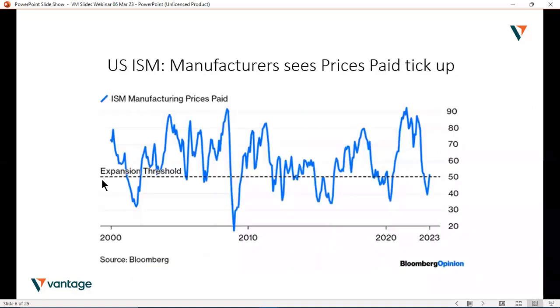Then we had the ISM, the US data, really important data of manufacturing. That rose to 47.7 in February. So it does remain in contractionary territory, but it did break an 8-month-long decline. But perhaps more interestingly, and not surprisingly, what most of the attention in the market was paid to was the prices paid element. That's a sub-index, and that jumped to 51.3 from 44.5, which could suggest that producer prices are rising again, instead of falling, although at a slower pace.